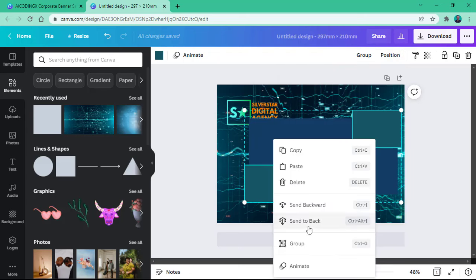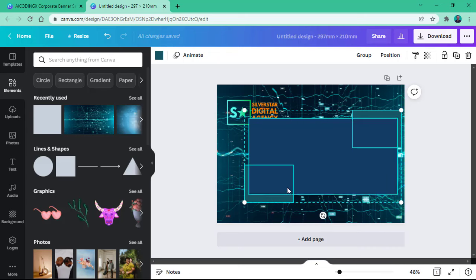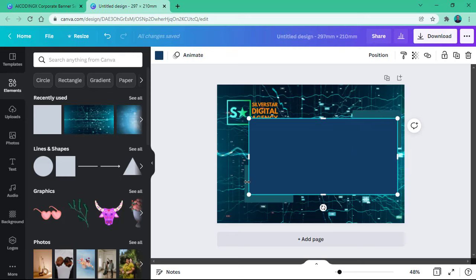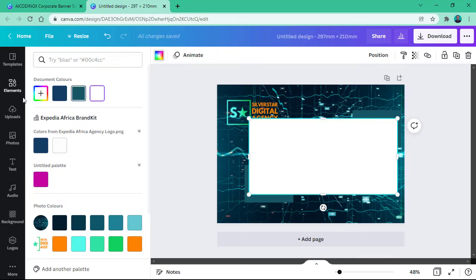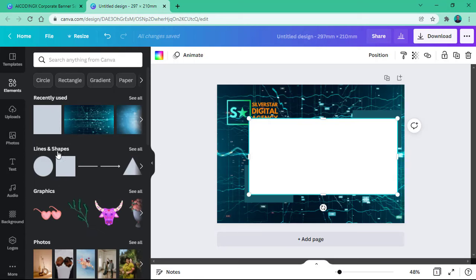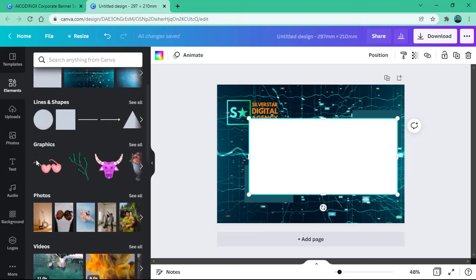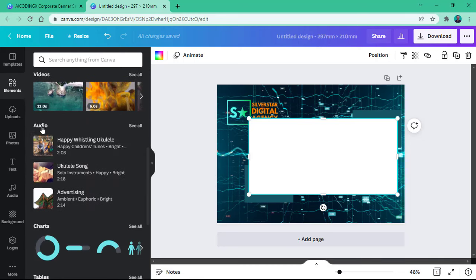So let's use send backward. Now the two boxes are at the back of this one. Let's make this one color white by going to this button here, color, select that and go to white. Simple as that. By the way, elements have a lot of stuff here, like graphics, even photos, tables,